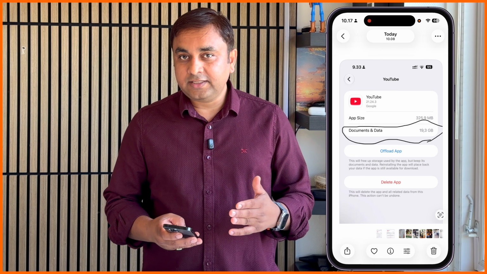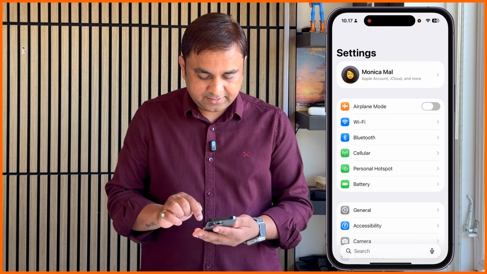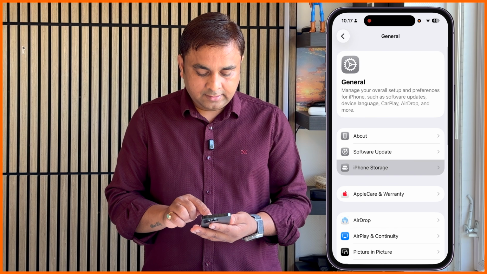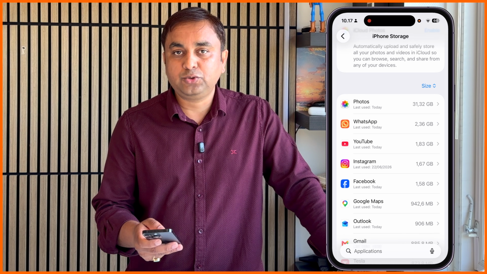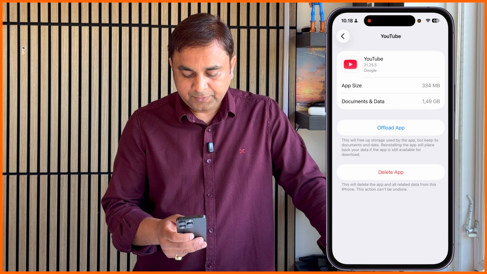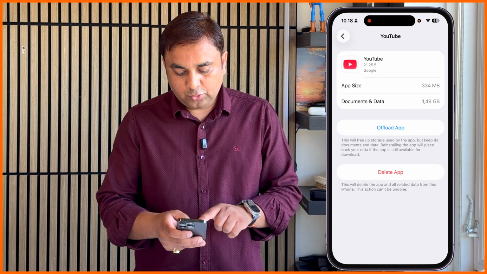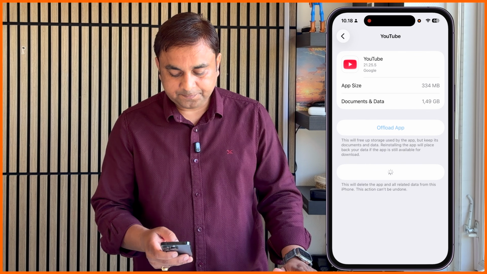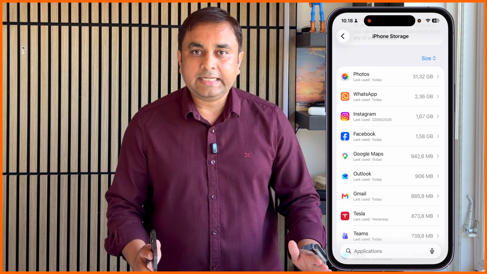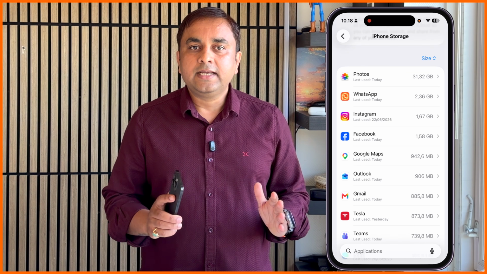So how do you delete this space? It's very simple. Just enter the settings section, then General. Inside iPhone Storage, you can find out which application is consuming too much space. Click on the YouTube application, and don't go for Offload App, you simply delete this application from here. So the application is deleted. After deleting this application, don't install it